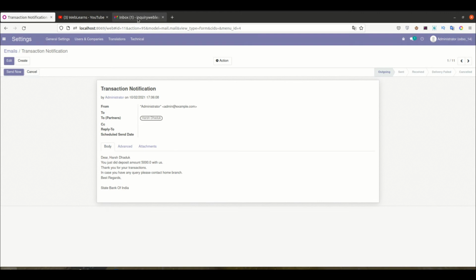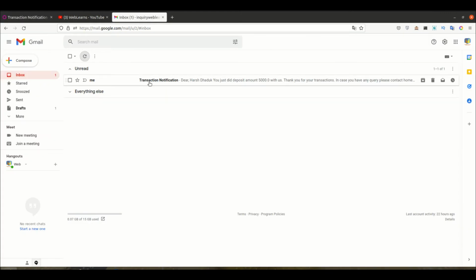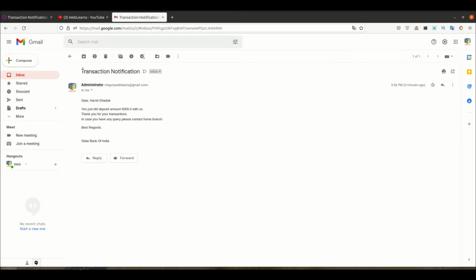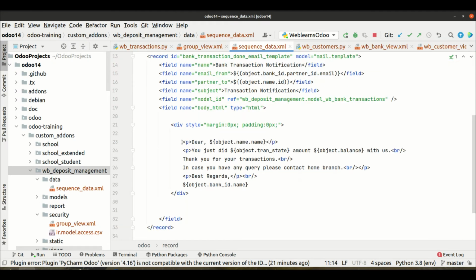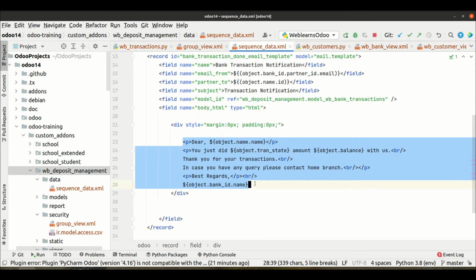you can see the one mail automatically received, like a transaction notification, and this is the name of the customer: you just did a deposit amount 5,000 with us. Thank you for your transaction. In case you have any query, please contact home branch. Best regards. So whatever we configured in the email template is automatically sent to the respective customer,